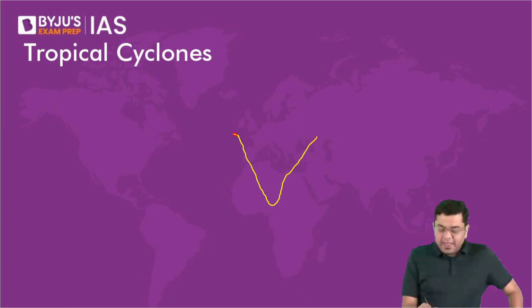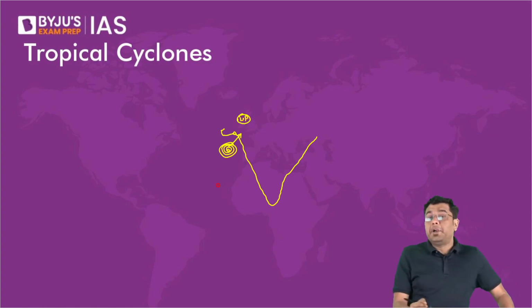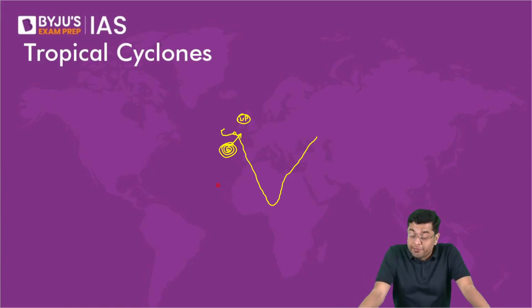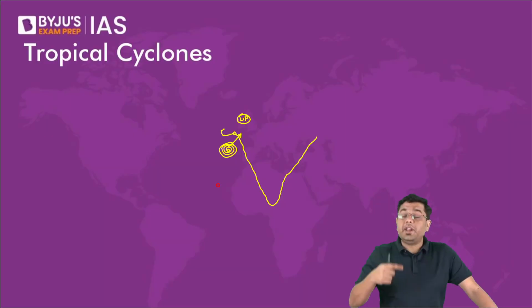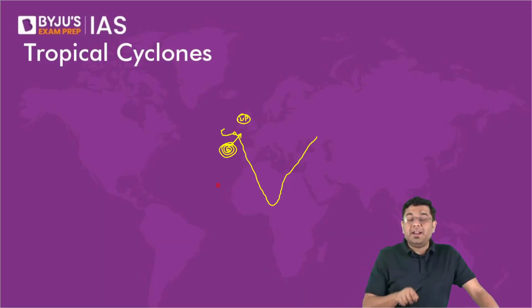Now, here, let's suppose a cyclone is formed. It moves here and hits the coastline. Now, suppose already across this region you have an intense low pressure. What will happen to this cyclone in that case? If you already have a low pressure in that region, what do you think will happen? Will the cyclone get weaker? No. In those rare cases, you will observe that the cyclone keeps on intensifying even after it hits the